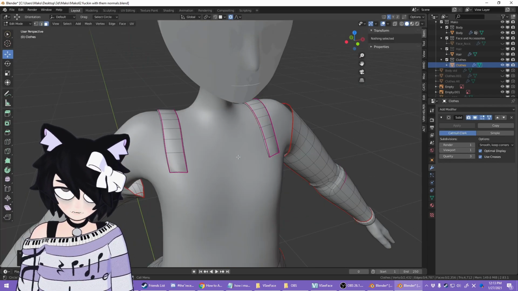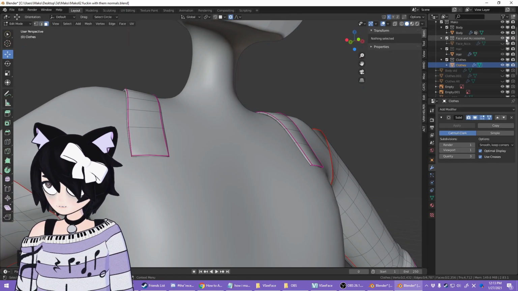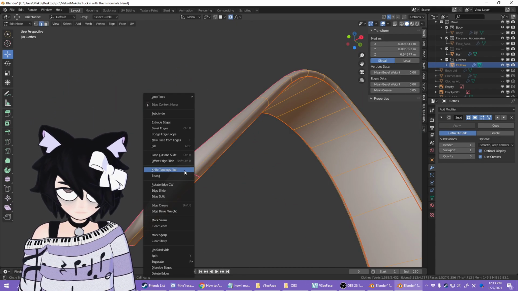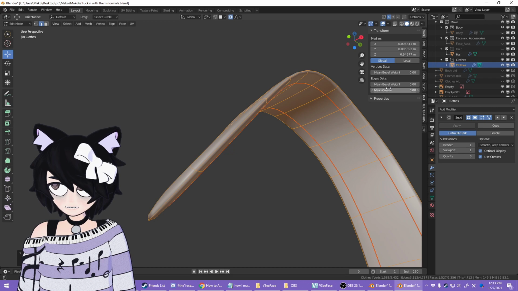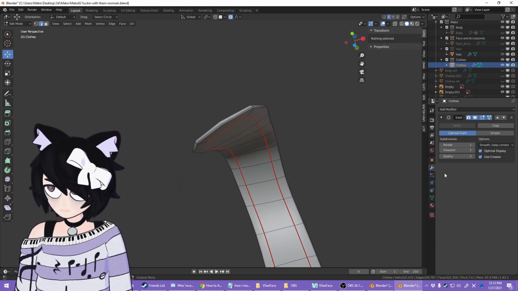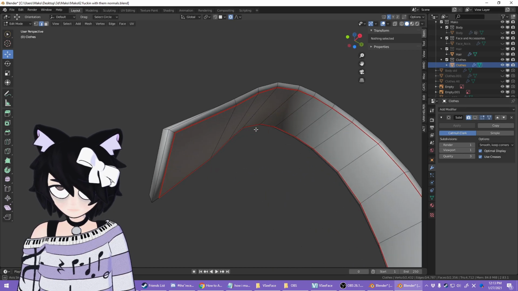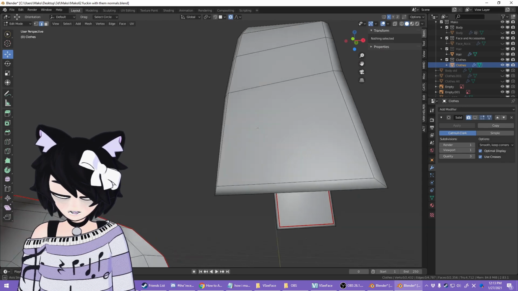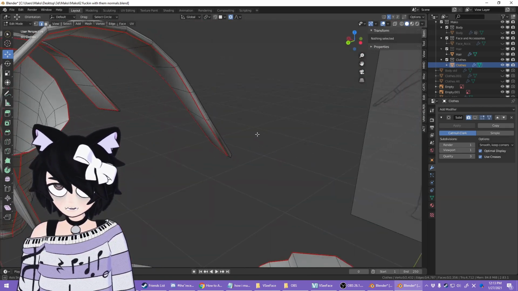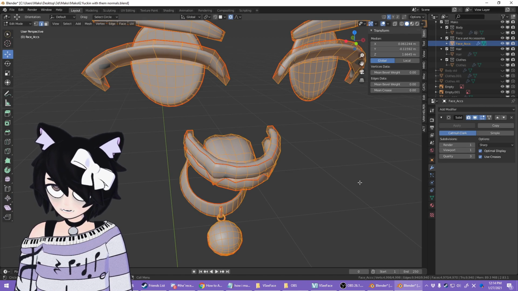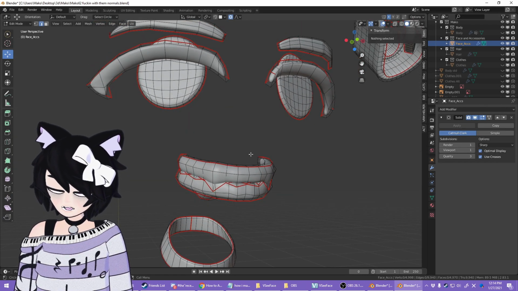These straps here are kind of just like very long cubes almost. Here, let me change the crease to 0 on all those just so we can actually see. Turn off subdivide. This is actually super weird. You probably shouldn't do it like this, but it didn't matter for me because I knew it was just going to be a solid color, so whatever. Let me again clear the crease in all of these so you can just see the red lines.